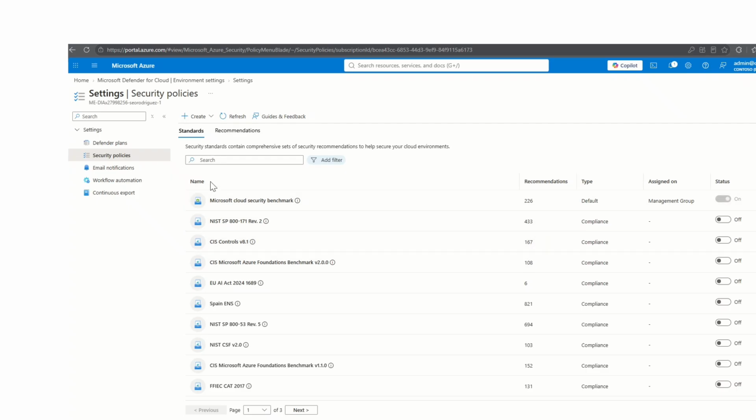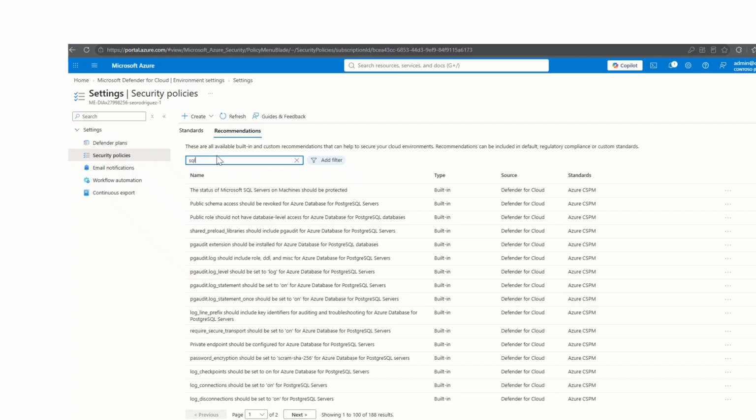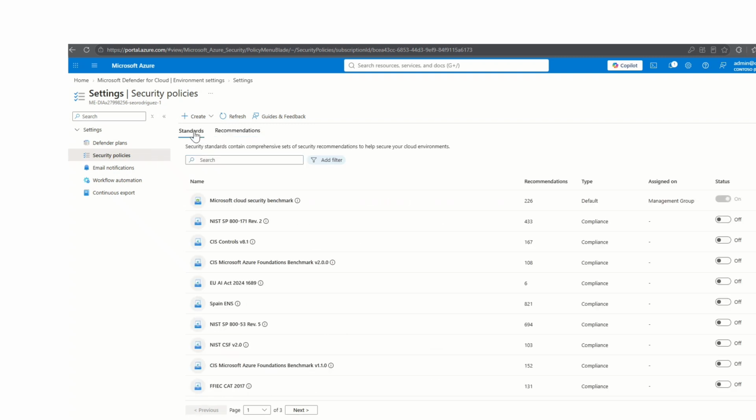And then, once you enable the Microsoft Defender for SQL, you will get a lot of stuff related to databases. So if I just type in SQL, for example, you would get a lot of recommendations related to the database component. And obviously, remember that these recommendations are based on the standards that you have enabled. So by default, the only recommendation that we have enabled here is the Microsoft Cloud Security Benchmark,